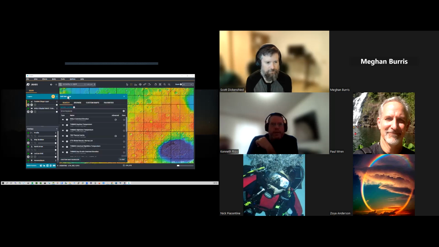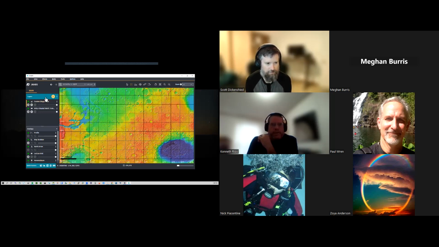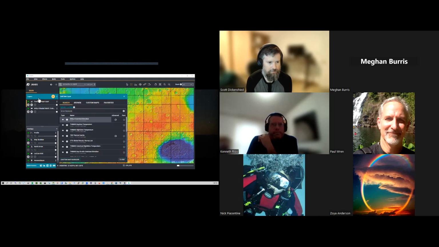Now, this dialog here is used to add layers. One thing that people sometimes don't see is that there's an option here to auto close add layer. So I deselected it now. What that means is if I open up the add layer dialog and I add a layer,